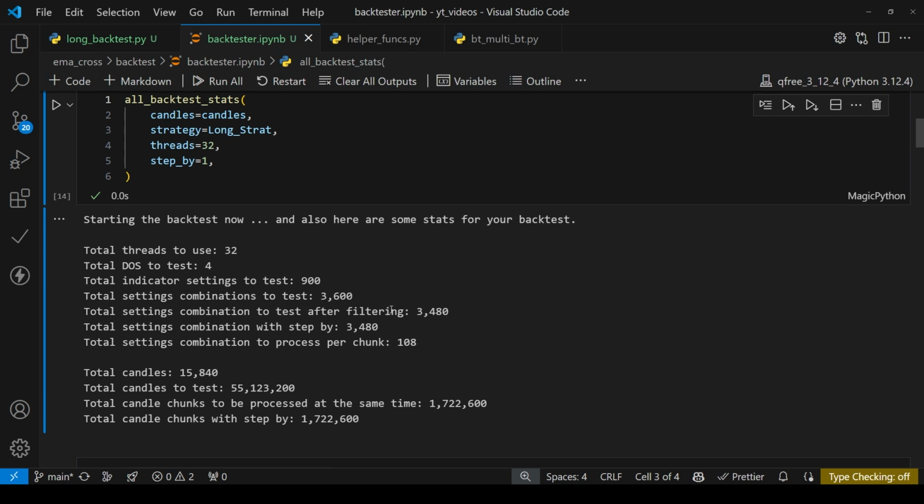Then we have a total combinations after filtering. Remember, we've done filtering, is 3,480. And since we have a step of 1, we're going to still test 3,480. So if I do a step of 2, you're going to see we're only going to be testing 1,740 out of 3,480. And that means we're just going to go 0, 2, 4, 6, 8, 10, 12. We're basically going to be doing all the evens. And here we're saying total setting combinations and tests per chunk. So we're going to divide this by 32, which is going to give us 54. So each thread of mine is going to be doing 54